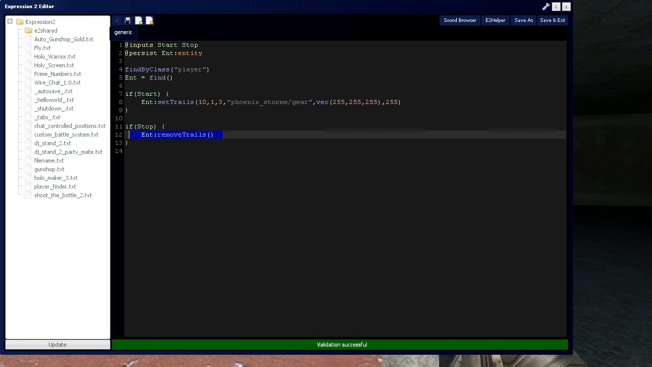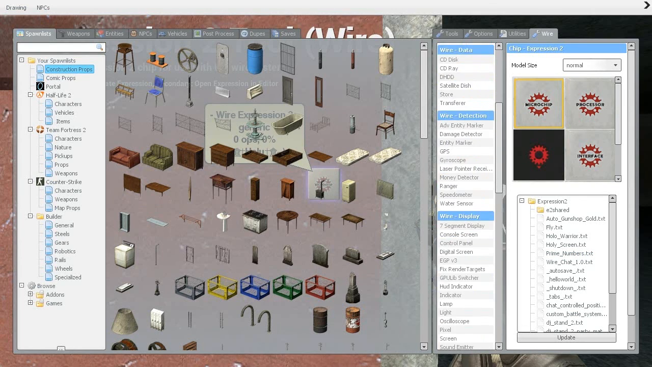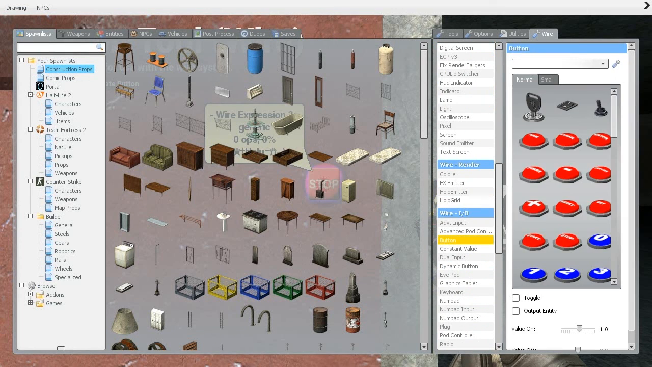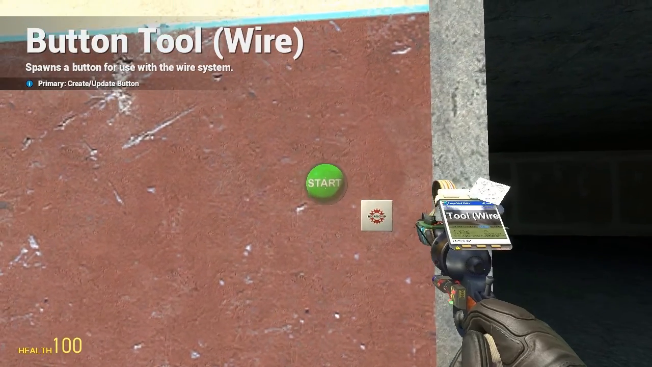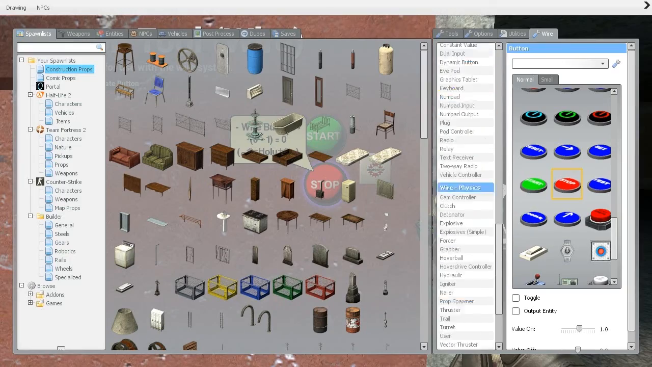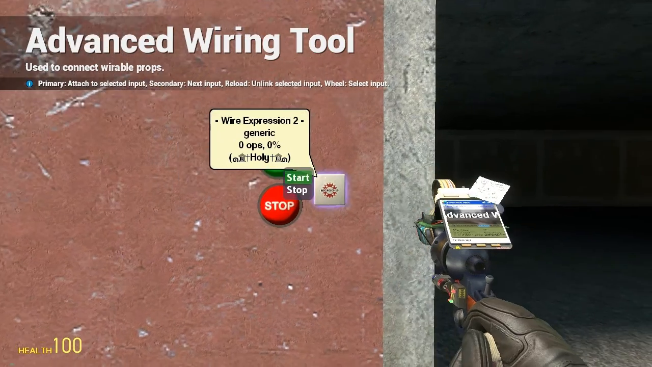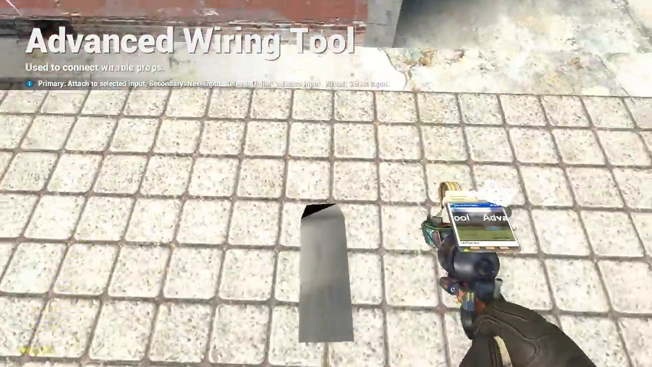And as the command suggests, it's simply going to get rid of all the trails of the closest entity pressing the stop button. So, let's go grab some buttons really quick. We'll grab start, and I'll grab stop, and the toggle is going to be turned off. So let's wire start to start and stop to stop,